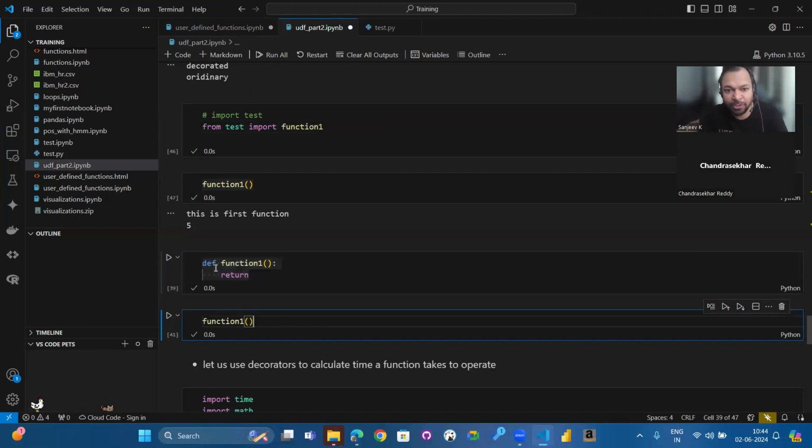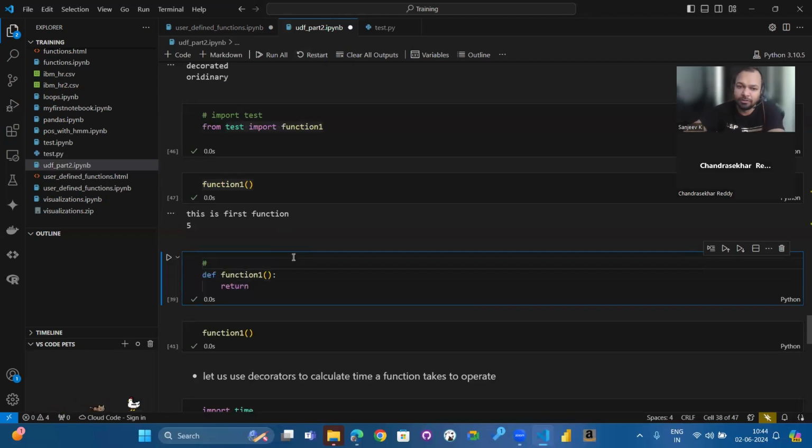And never do this. Say for example, you have imported function one from a different module, and you declare the same function in this notebook. This is a very bad way of doing it. You should not overwrite.